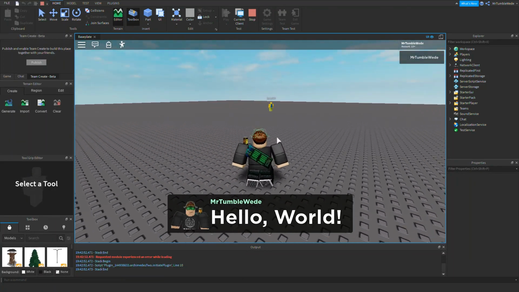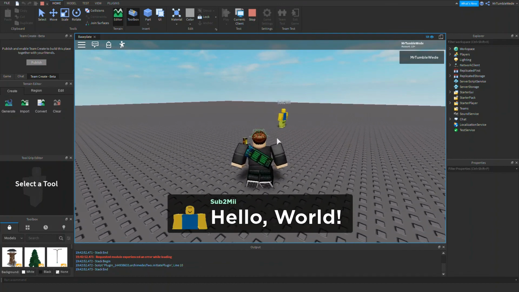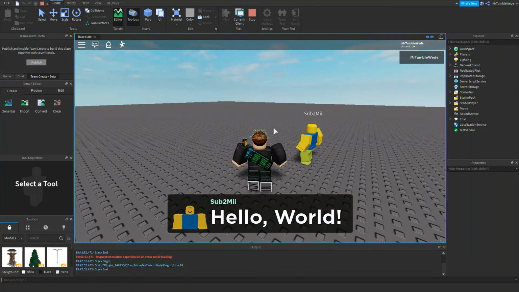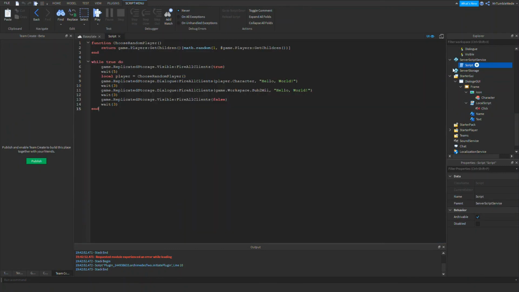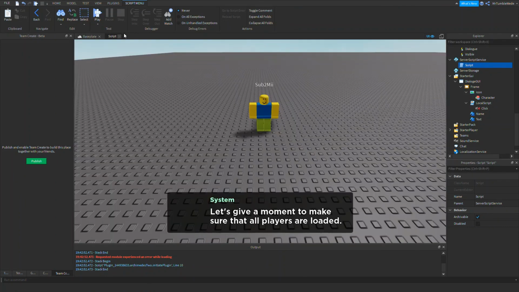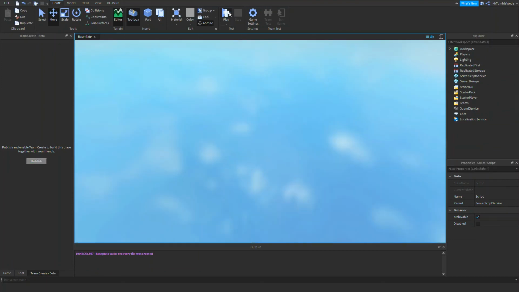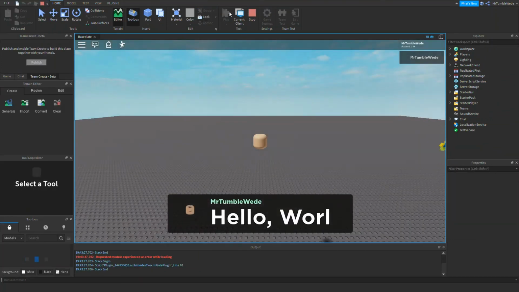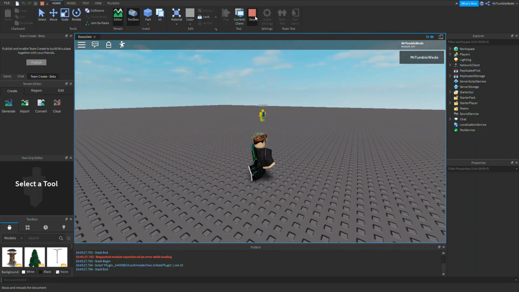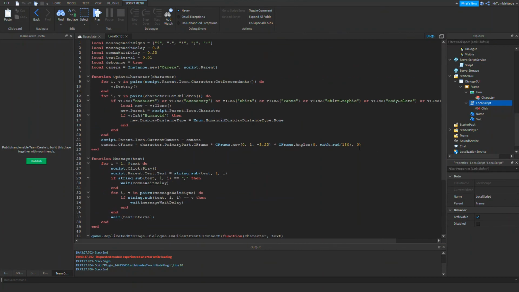Hello world. Hello world. And now you saw it tween. And now it tweens back. How cool is that? Hello world. Yeah, it's just waiting for it. I want to do hello world to show you if it's longer, I guess. Let's do 3 here. Okay. Hello world. Hello world. Why did it do that? Sorry for the inconvenience.